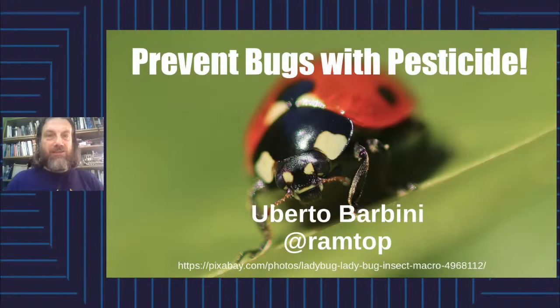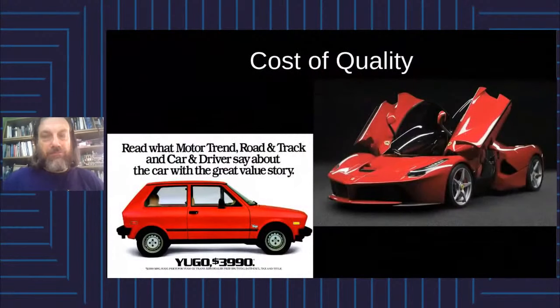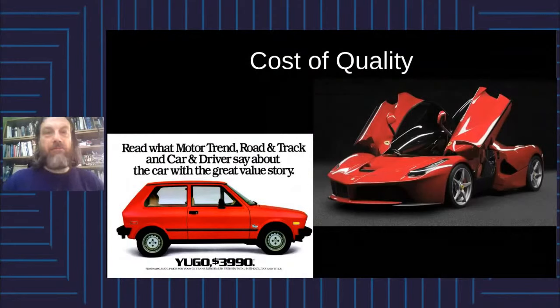But okay, let's start with a bit about our software engineering problems. I suppose that most of you have this idea that quality will cost. And here you can see two cars, which are red. And probably one car is better. I suppose that if you have to choose one of these two cars, you probably won't have any doubts about which one. They have a different quality and a very different cost. And this is how we normally think about cost. I mean, you want quality, you have to pay,